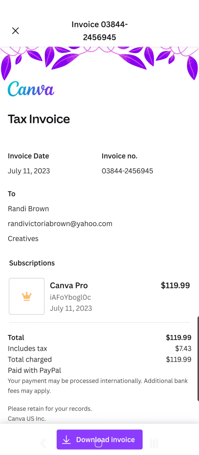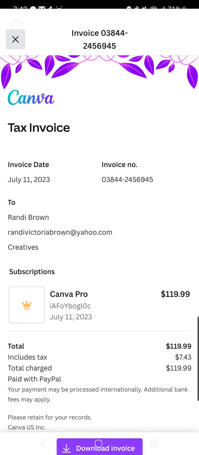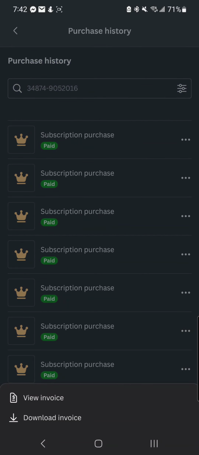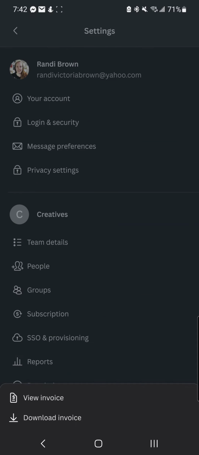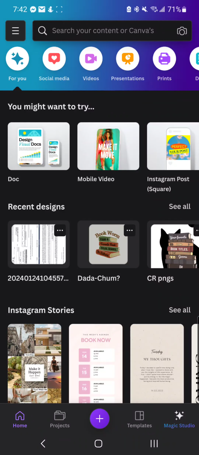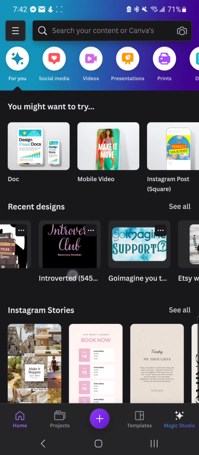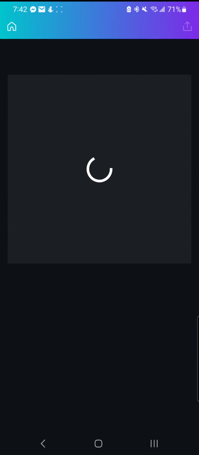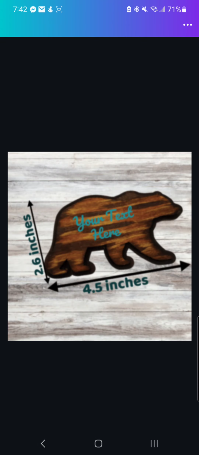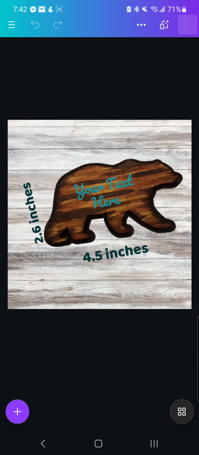So it's $120 a year, I believe, which is really not that bad. That is, you know, $10 a month. So it just depends on where you're at in your journey if that works for you or not. Basically, it's kind of hard to explain, but my opinion is you just kind of have to decide. I would play around with the Canva free version first, and then once you start to run into issues where you can't do things you want to do because you only have the free version,